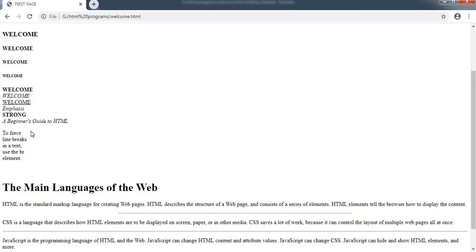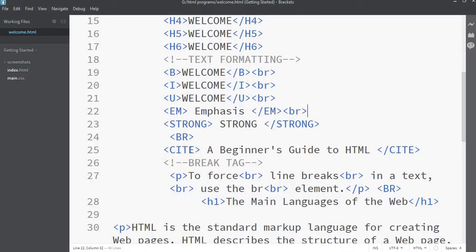See, it is like the title of a book. So for this purpose I have used the cite tag here. Within the cite tag I simply mention the name of that particular book. So this tag is basically used for the purpose of citation. That means if you want to give the name of a book or the title of any research paper for citing it, or for reference purposes, then we use this cite tag.